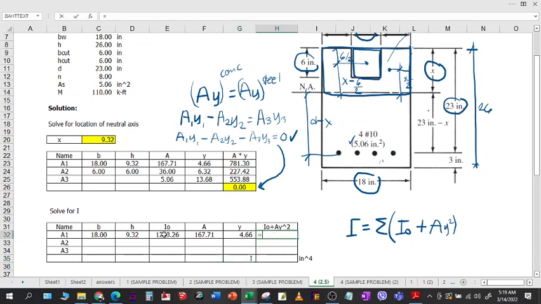Alright, so IO, this value, plus IO plus A times Y squared. We have that value. Next is area 2. We just refer to this cell because they are the same. Then for the IO, still BH cubed over 12. So I can drag the formula down. Then for the area, I can also drag it down. And then for the Y, I have this value here,